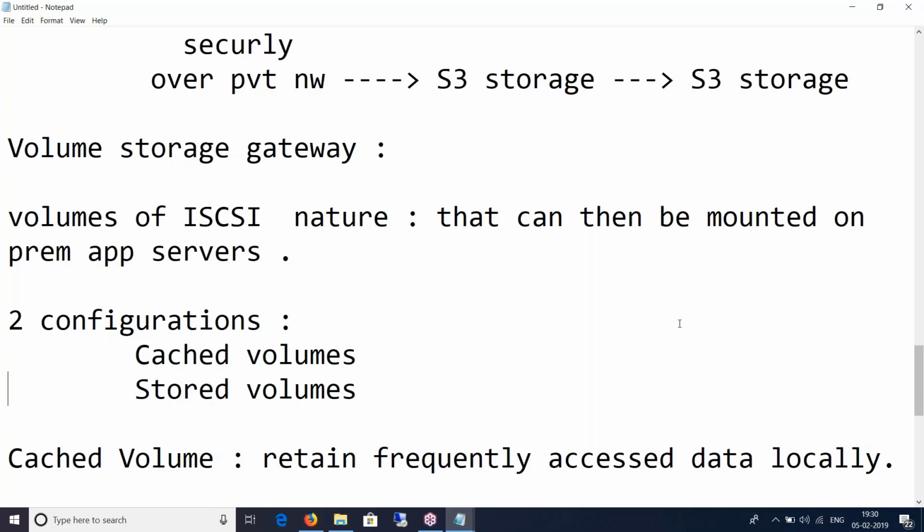So stored volume is also iSCSI, right? It is iSCSI, yeah. So how do I set this up to take a snapshot of my local hard disk? I understand in cached volume it is iSCSI inside the operating system or at the VMware level.